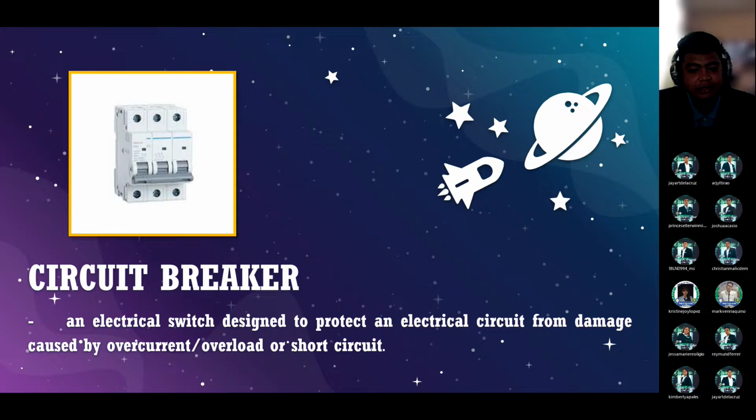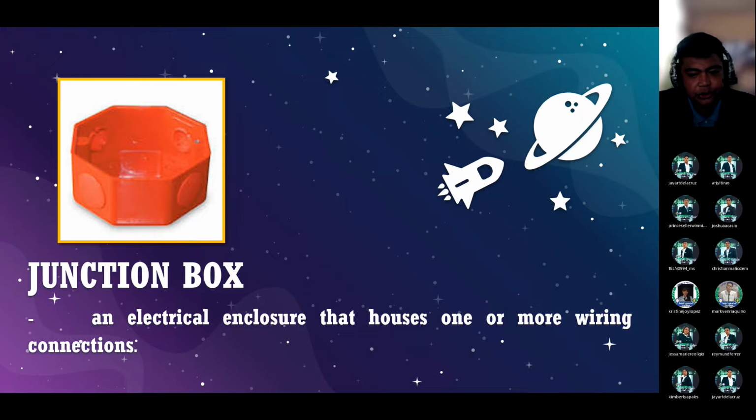When a circuit breaker trips, it may mean electrical repairs are needed. Some reasons a circuit breaker can trip include: first, too much current is flowing through the circuit. Second, hot and neutral wires have fused together due to an overheated, melted component. And lastly, a power line has ruptured, perhaps by driving a nail in the wall. So, are you with me, class? Yes, sir. Okay, let's proceed. Let's proceed to junction box. Kindly read, Mr. Raymond.